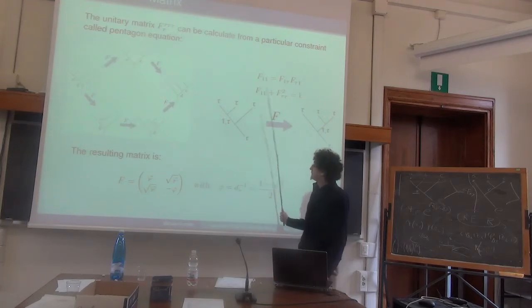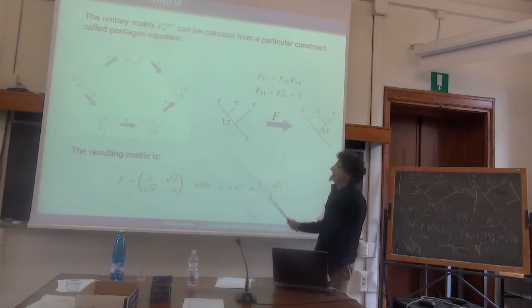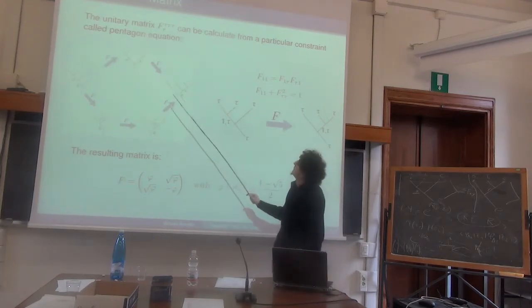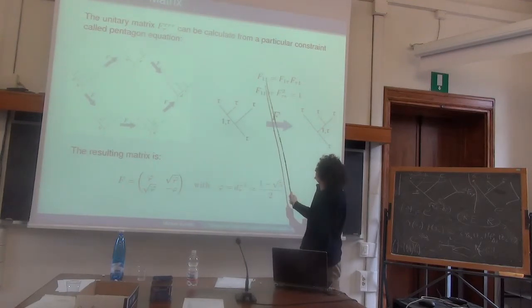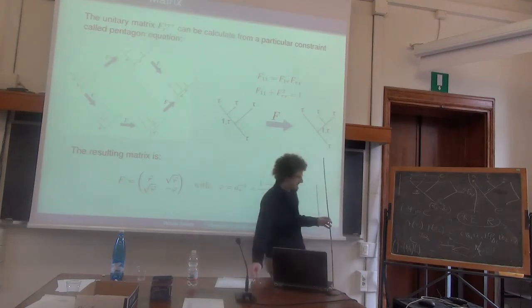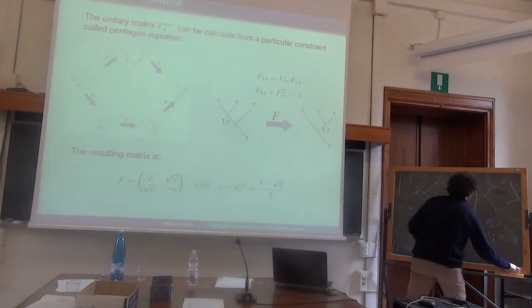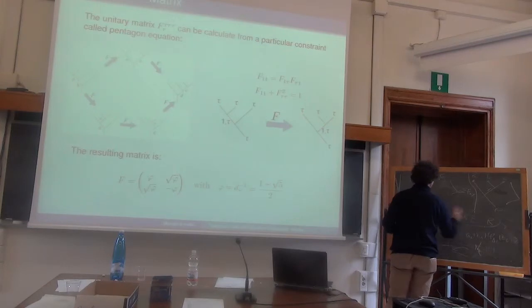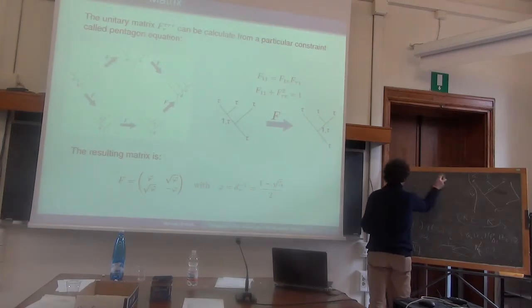For example, for Fibonacci anyons, you may in the end write down these equations so that the only non-trivial F matrix for the Fibonacci model is given by